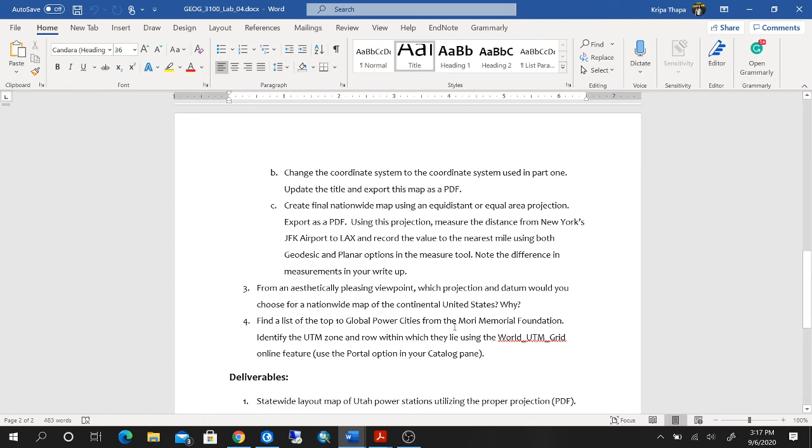cities from the website of Mori Memorial Foundation, and we are going to identify the UTM zone for each of these cities and the row within which they lie using the World UTM Grid, which is an online feature that we can extract from the portal option in our catalog pane. Okay, that was a lot to take in. Let's